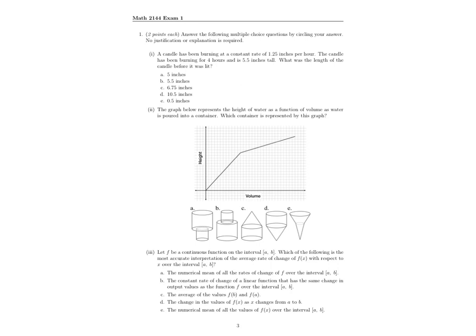So one thing we might realize on this is that it says that the candle is burning at a constant rate of 1.25 inches per hour. So if we have a constant rate of change, that means we're dealing with a linear function here. So in other words, I can write the height of the candle as a linear function. So the height is going to be decreasing by 1.25 inches for each hour, plus some initial amount. So this is my rate of change